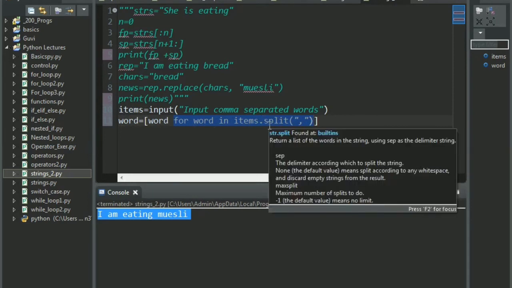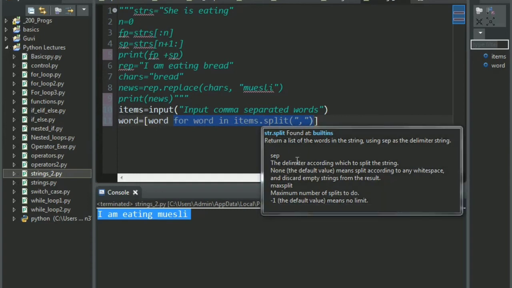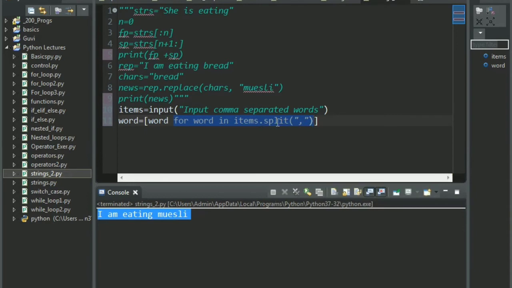Now what the split function does is it will basically return, see, it has a separator, that is the comma. So using this separator, it will basically give you a separated list of words, whatever the user gives you, it'll separate it using commas.